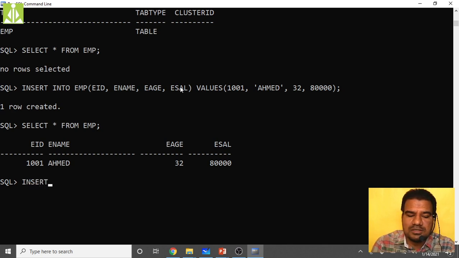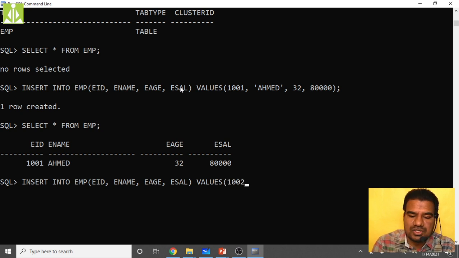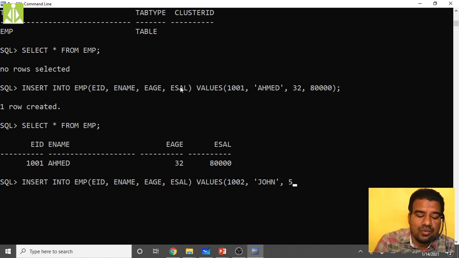Insert into table name employee, fields EID, E name, E age, E salary, then values of 1002, comma, John, comma, age is some 52, comma, salary is some 75,000.